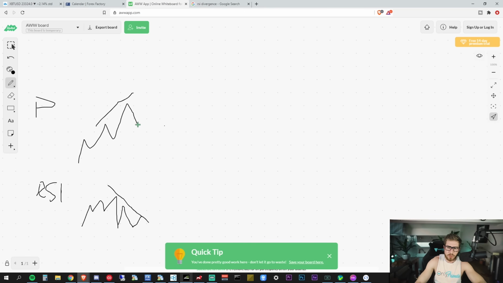So what we're going to do is look for the pullback here, and then look for some sort of level that we can short on there and short it back down. Then we're going to be able to take this move and target something. Now, the third phase is actually running with the trade. After you've taken this entry, how are we going to run with that trade? So let's just dive into this really quickly.